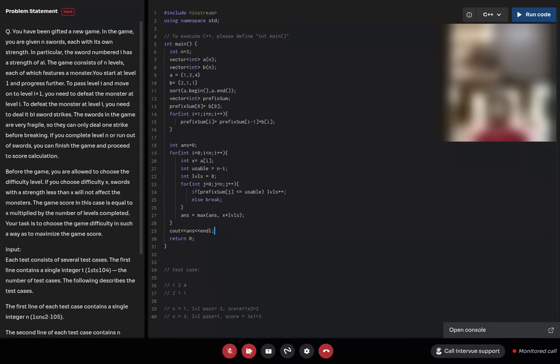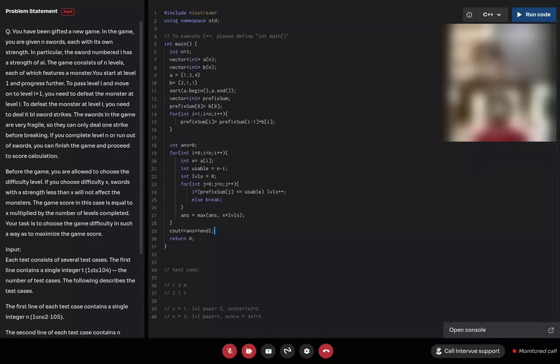So my prefix sum will be 2, 3, and 4. Then for x equals 1, levels will be 2, and prefix sum j was 2, so less than or equal, we'll run with it. The score will be 2. For x equals 2, I'll have nothing.